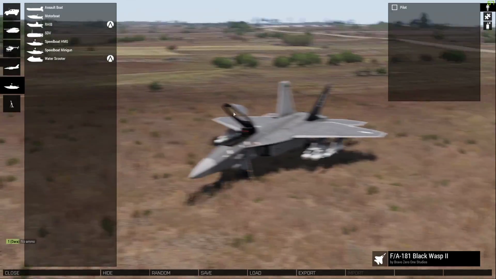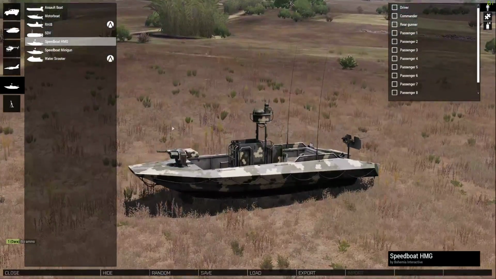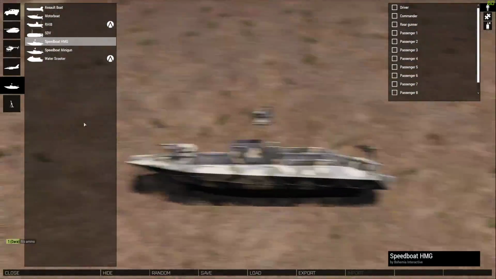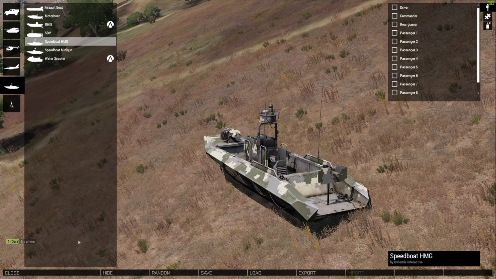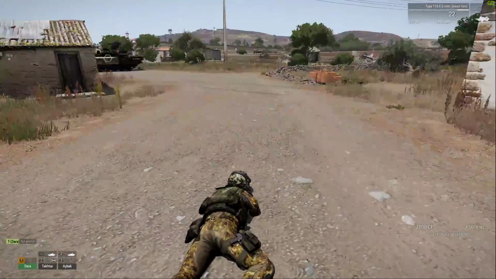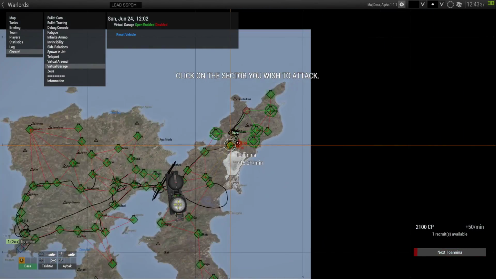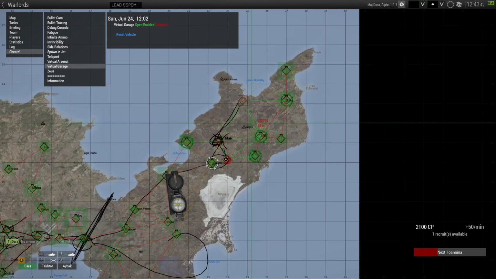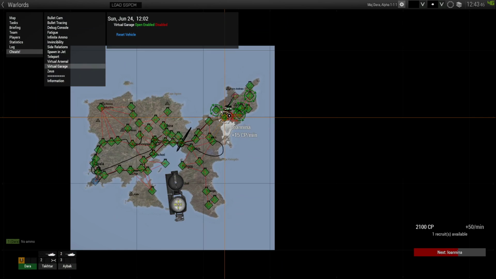And finally, you have speedboats. Can be used for infiltration, but that comes with other strategies that we won't discuss here. So that's pretty much all for this part of the game, for the mid game and early game. So remember, you start as infantry, you want to attack the right base first, where it's easy for you to